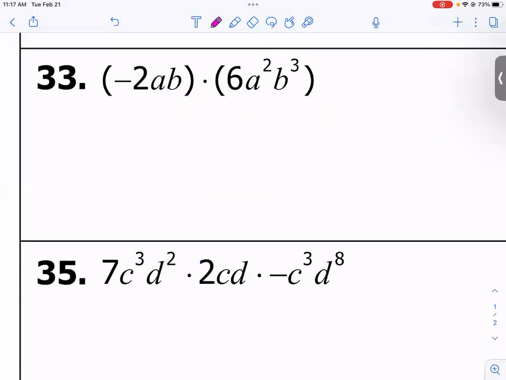Okay. In number 33, we now have some problems that have A's and B's. That's fine. So we're still going to multiply our coefficients together like we usually do. -2 times 6